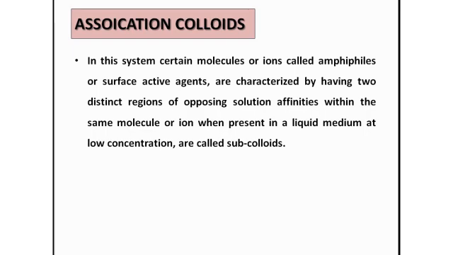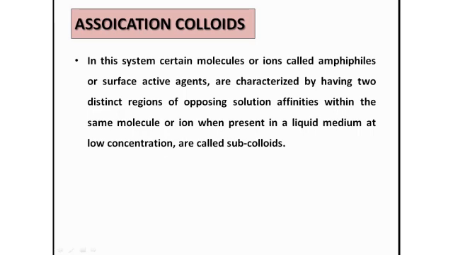And these two charges will have affinity. Moreover, the amphiphiles will also have a polar region as well as a non-polar region. Suppose this is a molecule. At this end, you might have a positive charge. If it has a positive charge, it will be a cation. If it has a negative charge, it will be an anion. If it has both charges, it will be an amphiphile, or you can say a zwitterion. So this part is the polar head, and the remaining part is the non-polar tail. These are generally known as the amphiphiles.